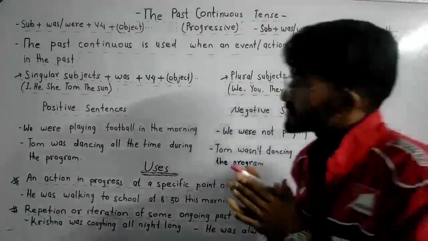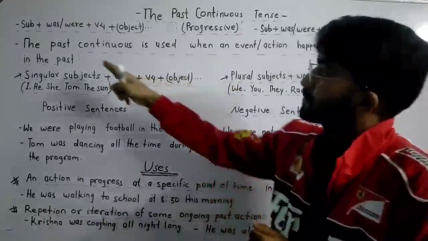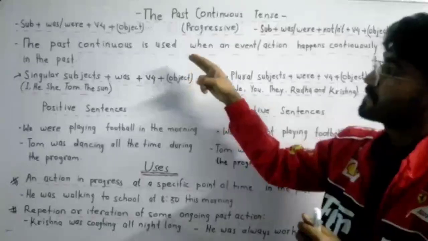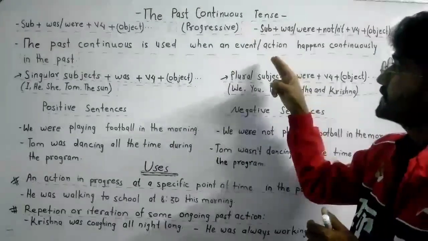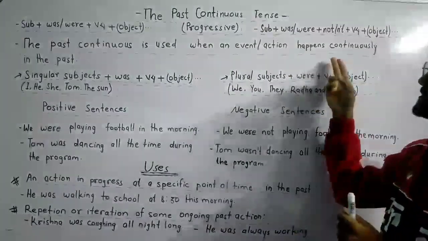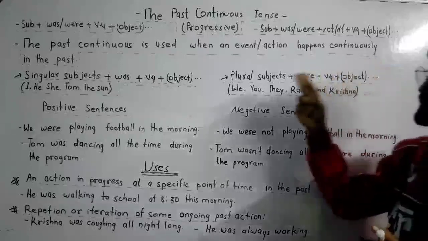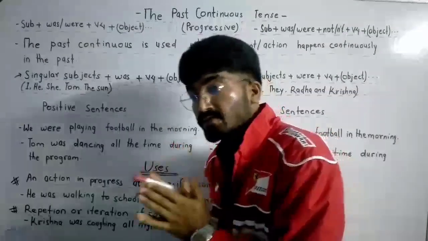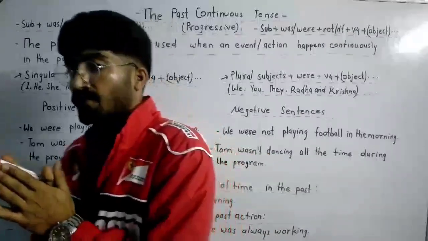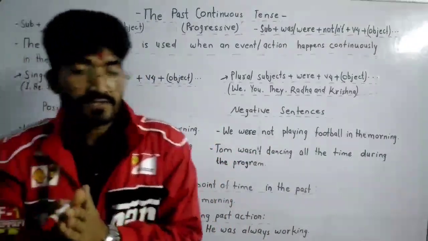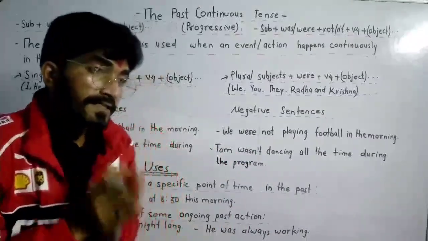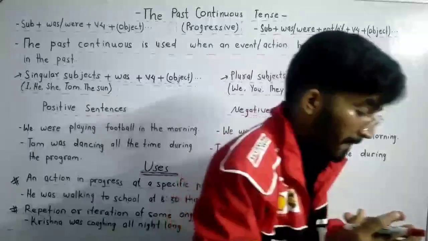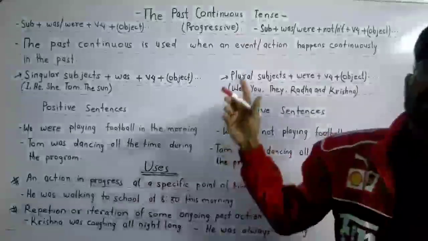And talking about its definition, the past continuous tense is used when an event or action happens continuously in the past, at that time we use the past continuous